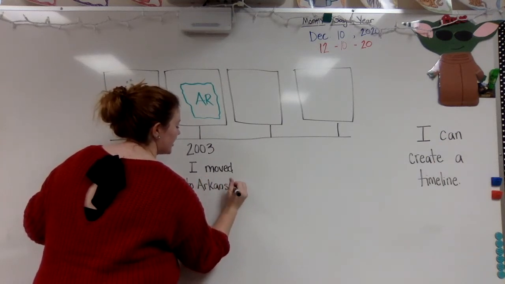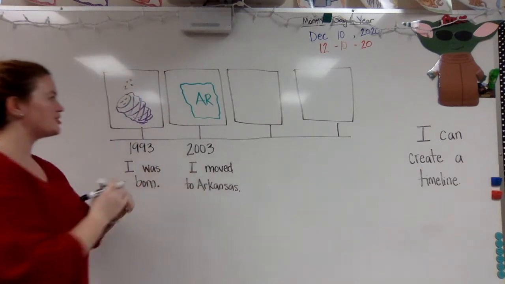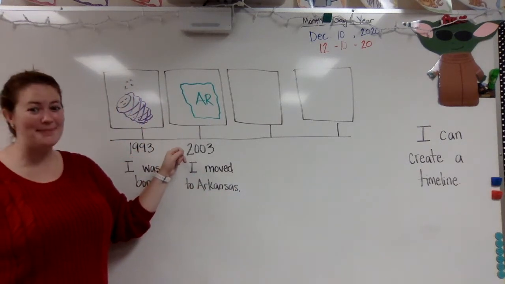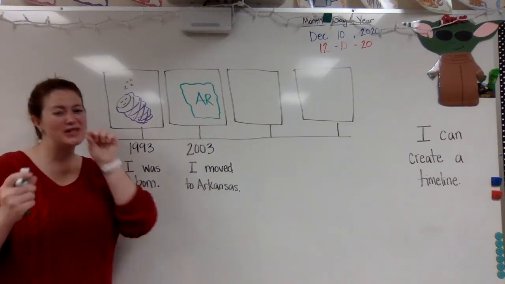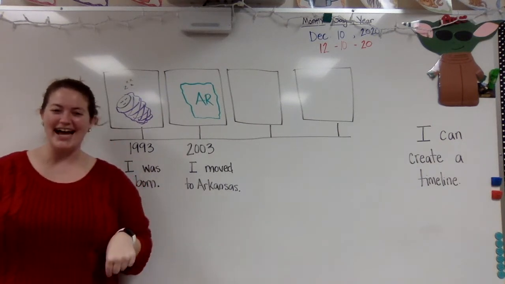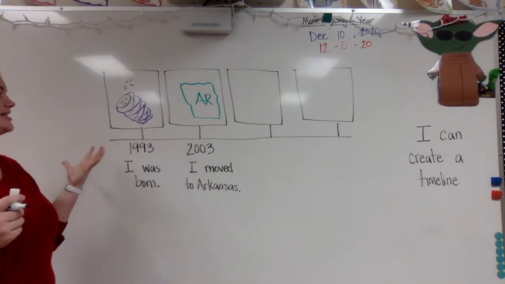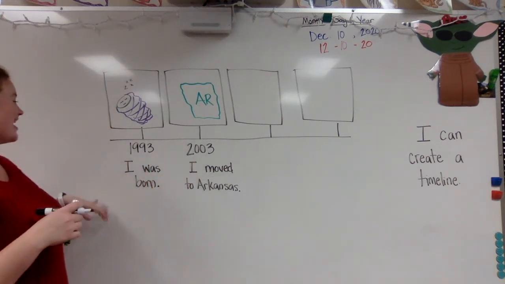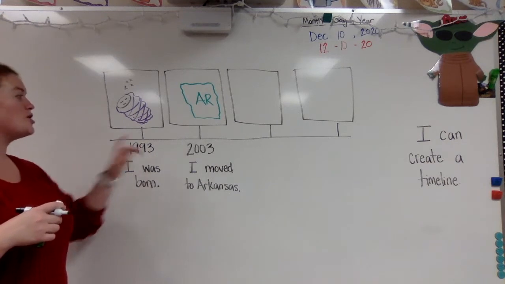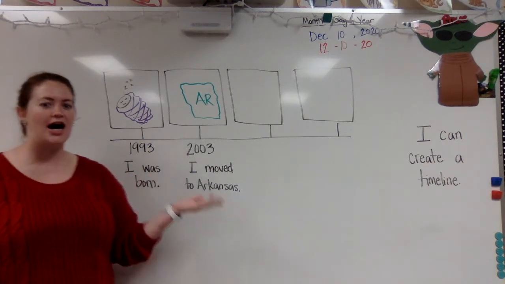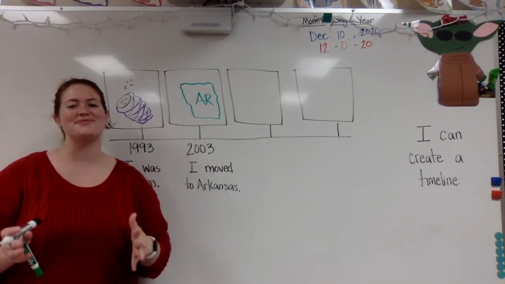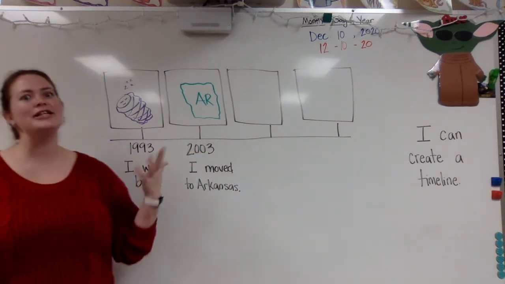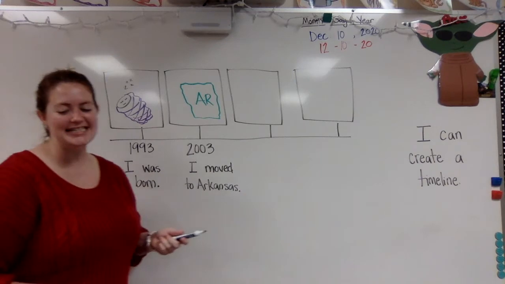So let me double check. Do I have a picture of what happened? Yeah. Do I have the date? Do I have when it happened? Yeah. And did I tell you really quickly what happened? Yeah, I did. So far, I can see on my timeline, wow, these are some really important events that are happening. I can see, oh, I was born. Oh, the next, I moved to Arkansas. Okay. The next really important thing is that I went to school to be a teacher.